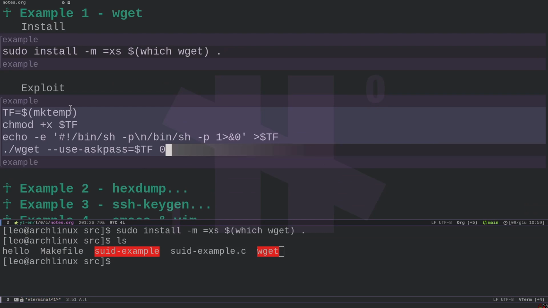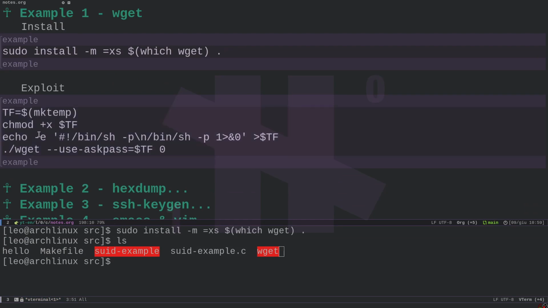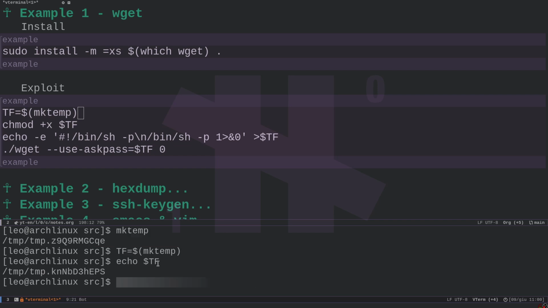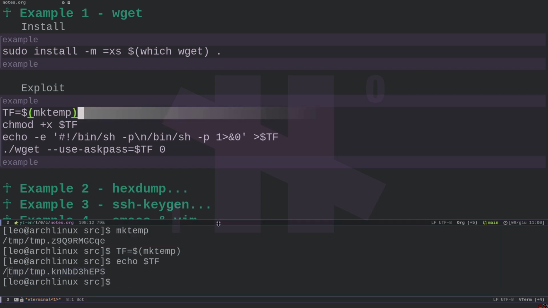So this is the code. Let's try to understand it. The idea is that we're going to create a temporary file using the mktemp command. This mktemp creates a temporary file in the temp directory, and it assigns the file path to a bash variable like this, so that with $tf we have the path of the temporary file that has just been